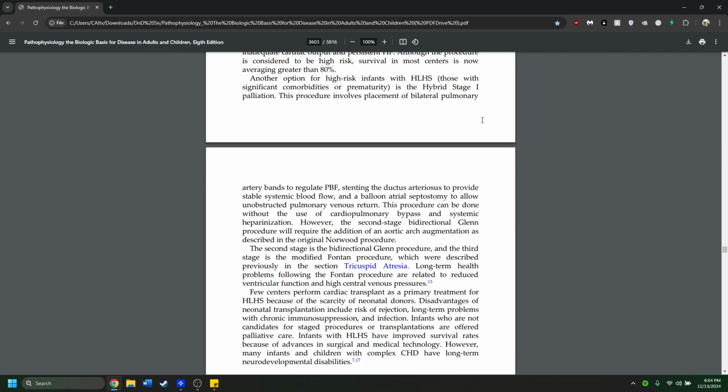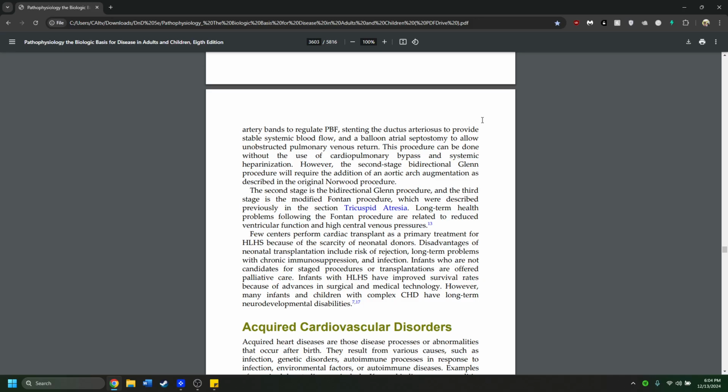The procedure involves placement of bilateral pulmonary artery bands to regulate PBF, stenting the ductus arteriosus to provide stable systemic blood flow, and a balloon atrial septostomy to allow unobstructed pulmonary venous return. This procedure can be done without the use of cardiopulmonary bypass and systemic heparinization. However, the second stage, a bidirectional Glenn procedure, will require the addition of an aortic arch augmentation, as described in